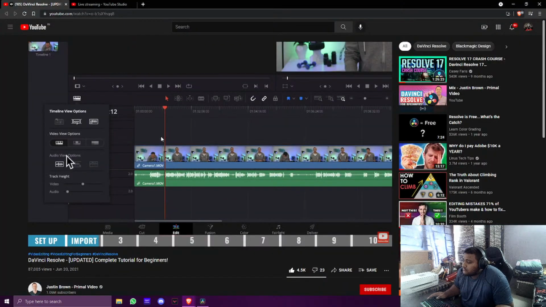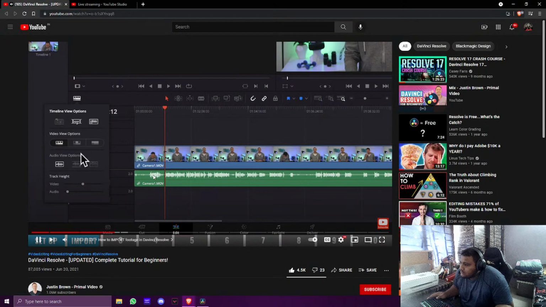And then in terms of the audio options, obviously you saw up here, we could turn it on and off. We actually get to choose what this looks like as well. So again, this is personal preference. I like to have the full waveform just so it's bigger, but then we can also come down here and we can adjust the video